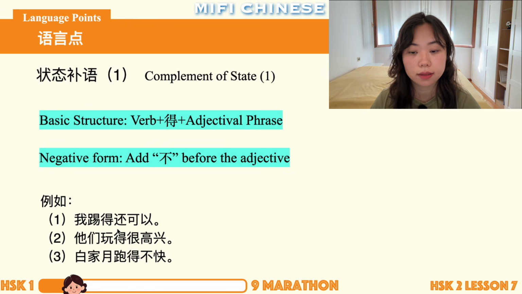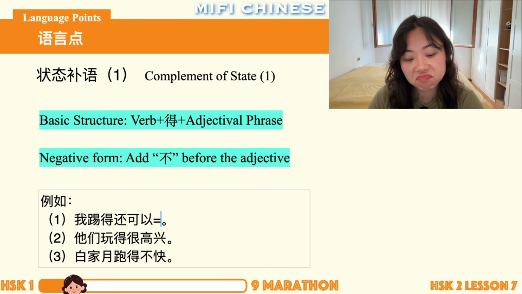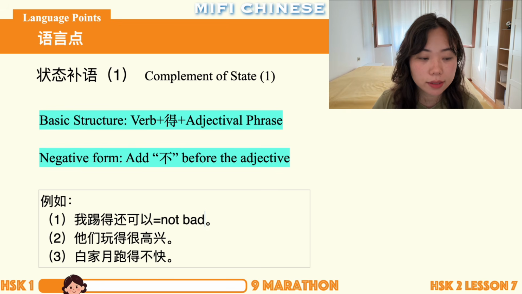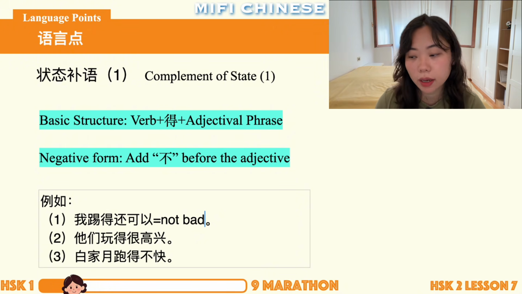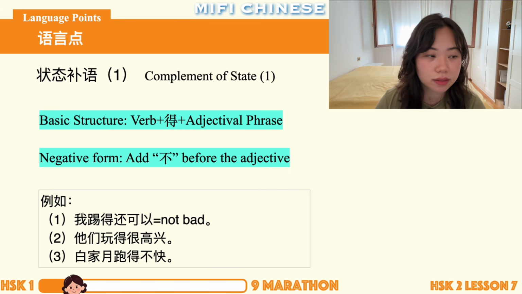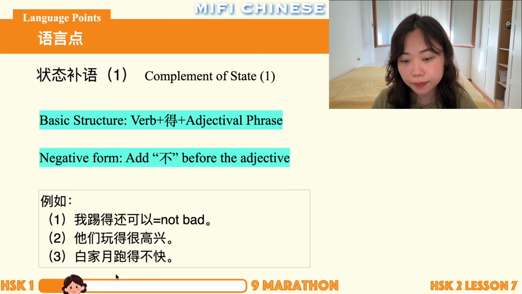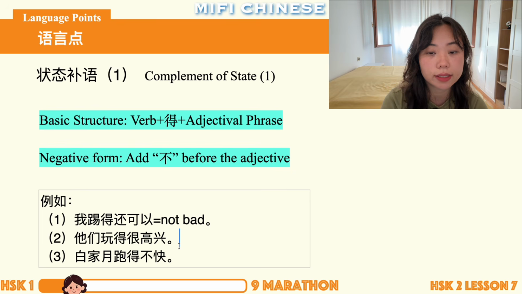踢 verb plus this 的 plus the result 还可以. 还可以 means what? Not bad. 还可以, not bad. Someone asks you, how are you today? You say, 还可以, right? It's okay, not so bad, but you're not saying that it's something really good, right? You're just better than so-so, 还可以. And then 他们玩得很高兴, 玩的玩 verb 的 and then plus 很高兴 is the adjective,